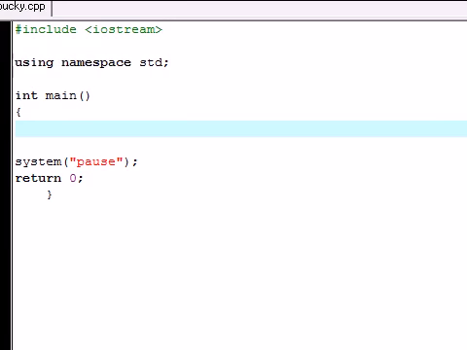What's up everybody, welcome to your 23rd C++ tutorial, and in this tutorial I'm going to be teaching you guys how to input and output files. Actually, I'm just going to be teaching you how to create a file, but eventually we'll be learning that, so